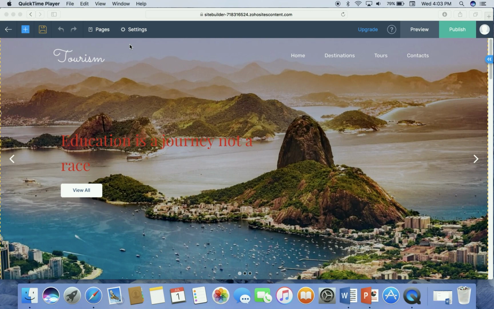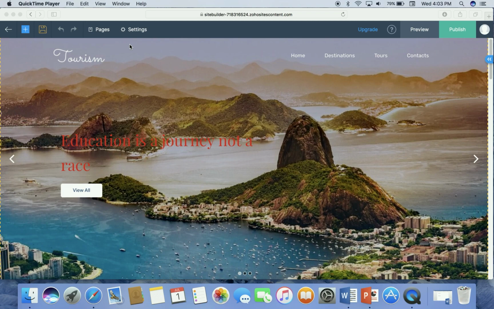Now till here you have learned how to open a web browser, how to open a website, how to type in the search bar, in the address bar, what is an address bar, what is a hyperlink. You have learned, and then you saw practically how we move towards Zoho Sites.